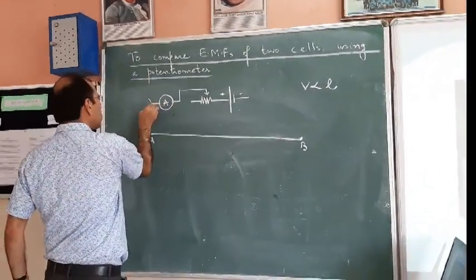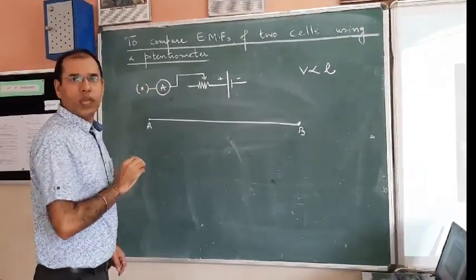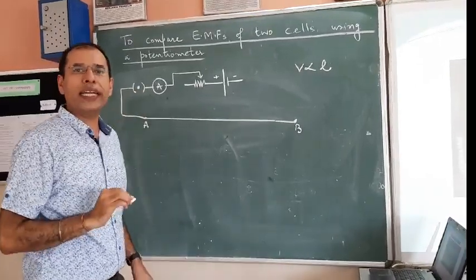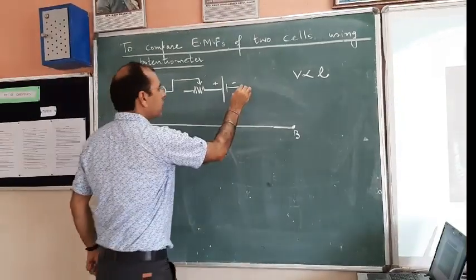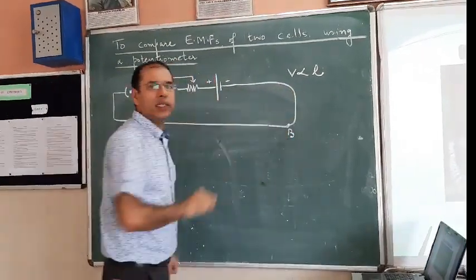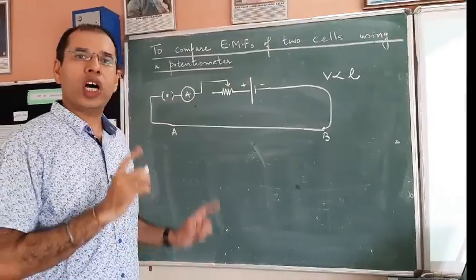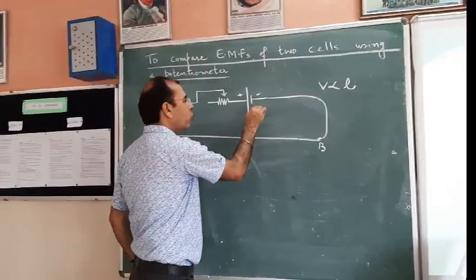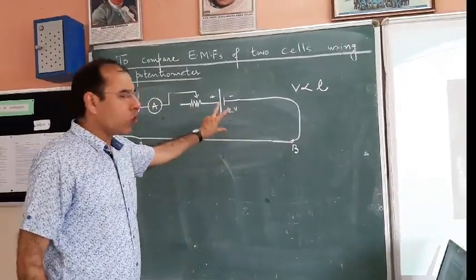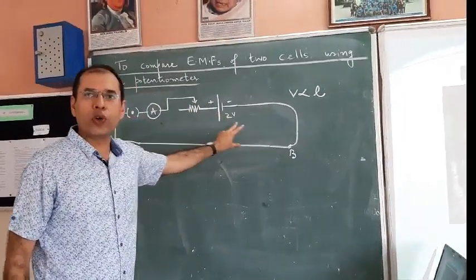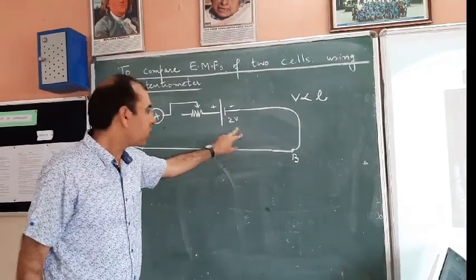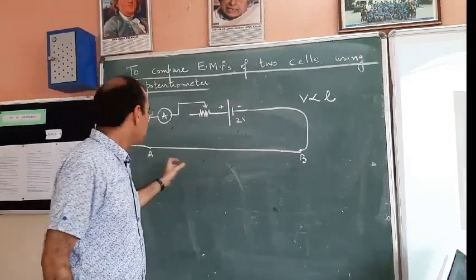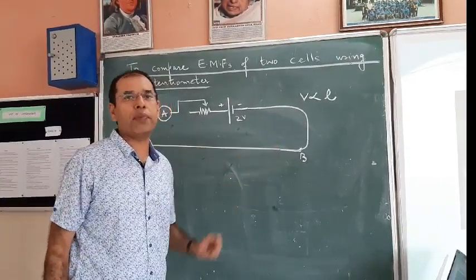Now we will also use a key and give this positive supply to this point A and the negative supply to this point, the terminal B. So our AB is now getting voltage from the battery. Say the battery is of 2 volts. It is getting this voltage through a rheostat. This 2 volts can be dropped to as much as we want using this rheostat, and the net voltage is getting supplied to the potentiometer wire called AB.